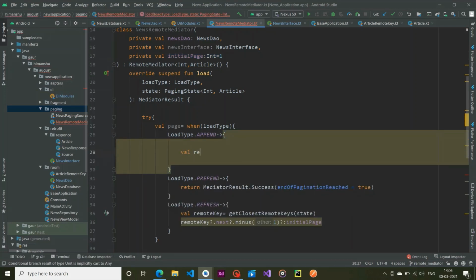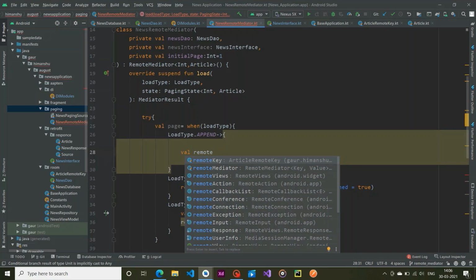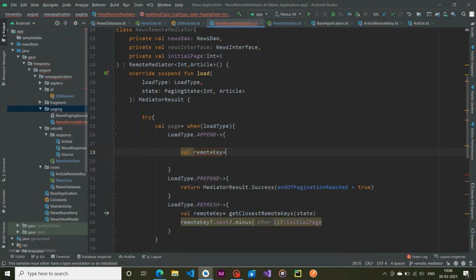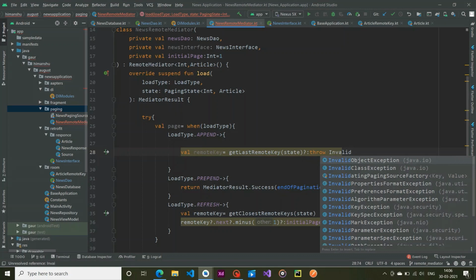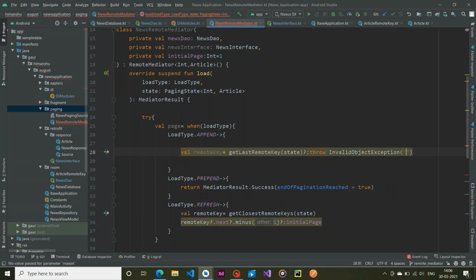Just like our refresh, we are going to create a variable remoteKey, and this time I'm using getLastRemoteKey, pass state in it, and if this thing is null, I am going to throw an InvalidObjectException and pass a message, don't care.